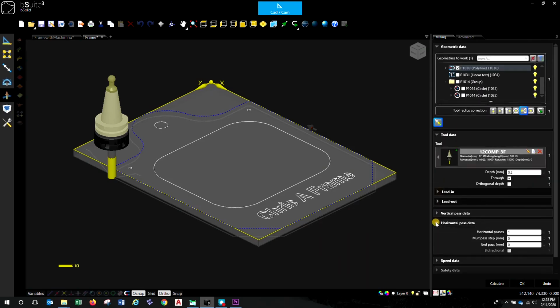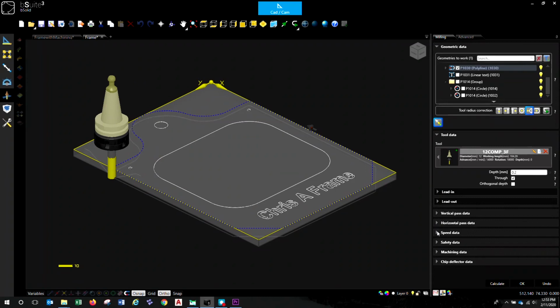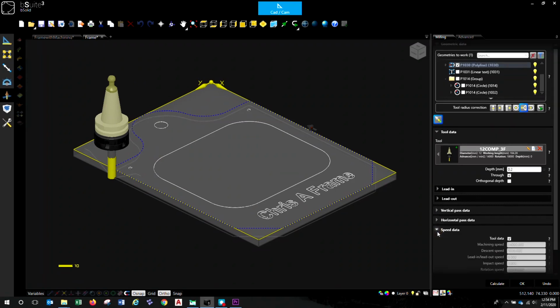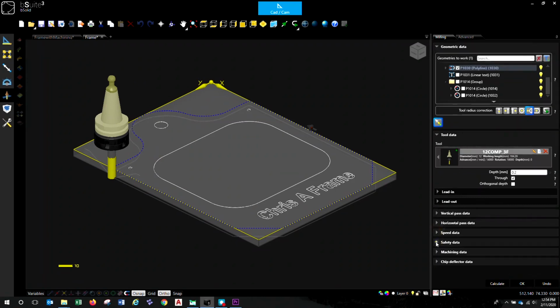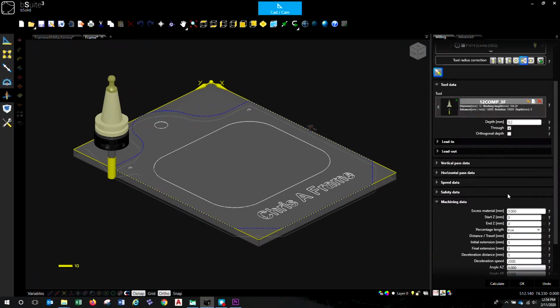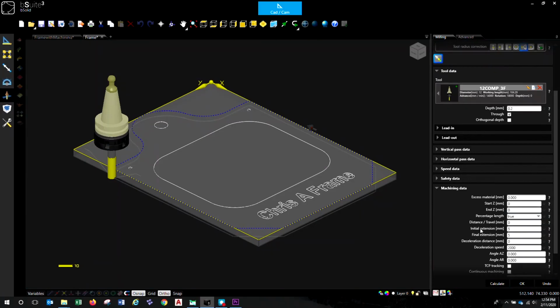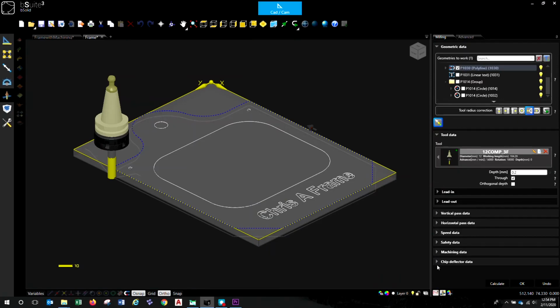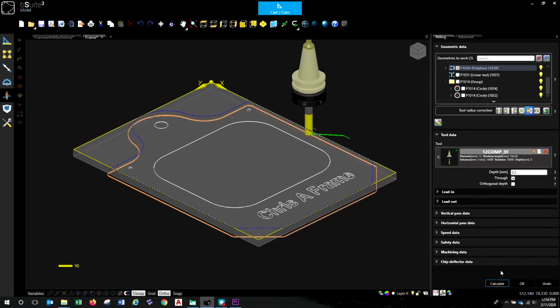So horizontal passes, we want a single horizontal pass, so no onion skinning. Speed data as per the tool setup. Safety data as per the tool setup. Machining data, there's nothing to change in there. We've got a 5 mil overlap, so an initial and final extension of 5 mil, just to overlap the cut a little bit at the beginning and the end. Once you're happy, hit calculate and it'll give you a little graphic simulation,